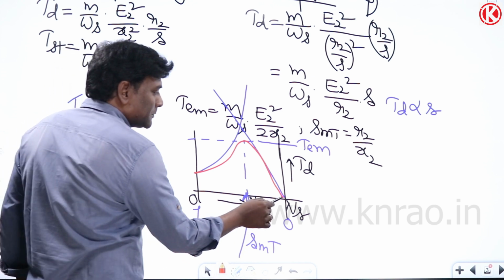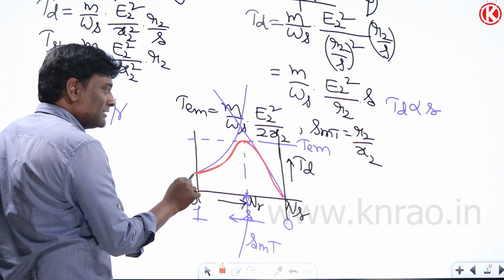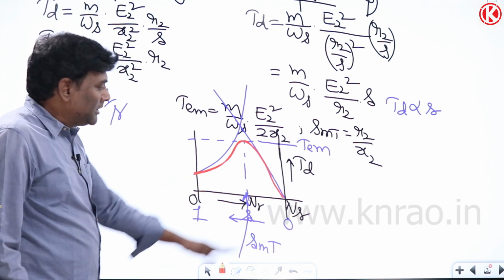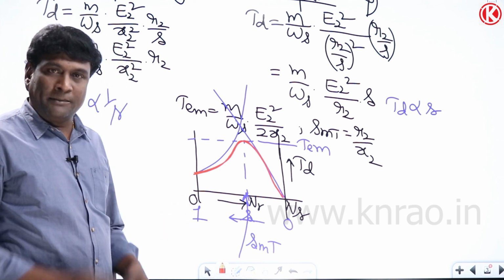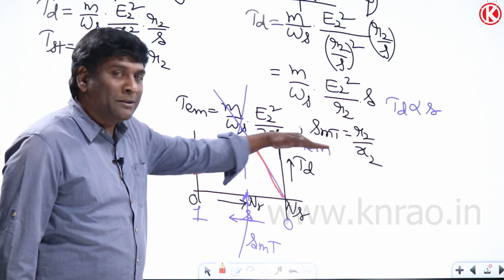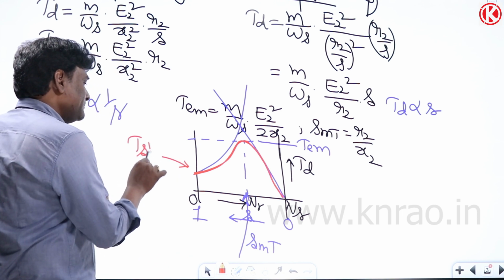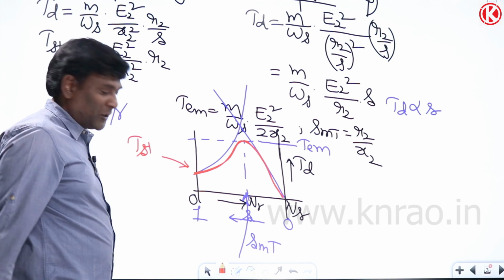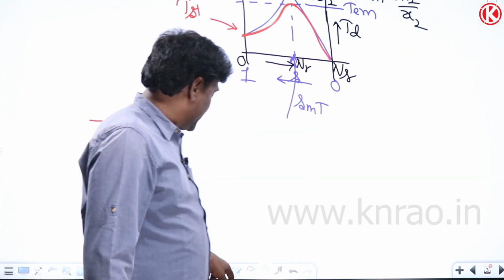So my torque speed characteristics or torque slip characteristics of the induction motor will be like this, provided the y-axis is torque developed and the x-axis is rotor speed, or in the opposite direction it is slip. Now pull out torque is the maximum torque. This is the starting torque, TST. This is the maximum torque. Now you will get clarity.